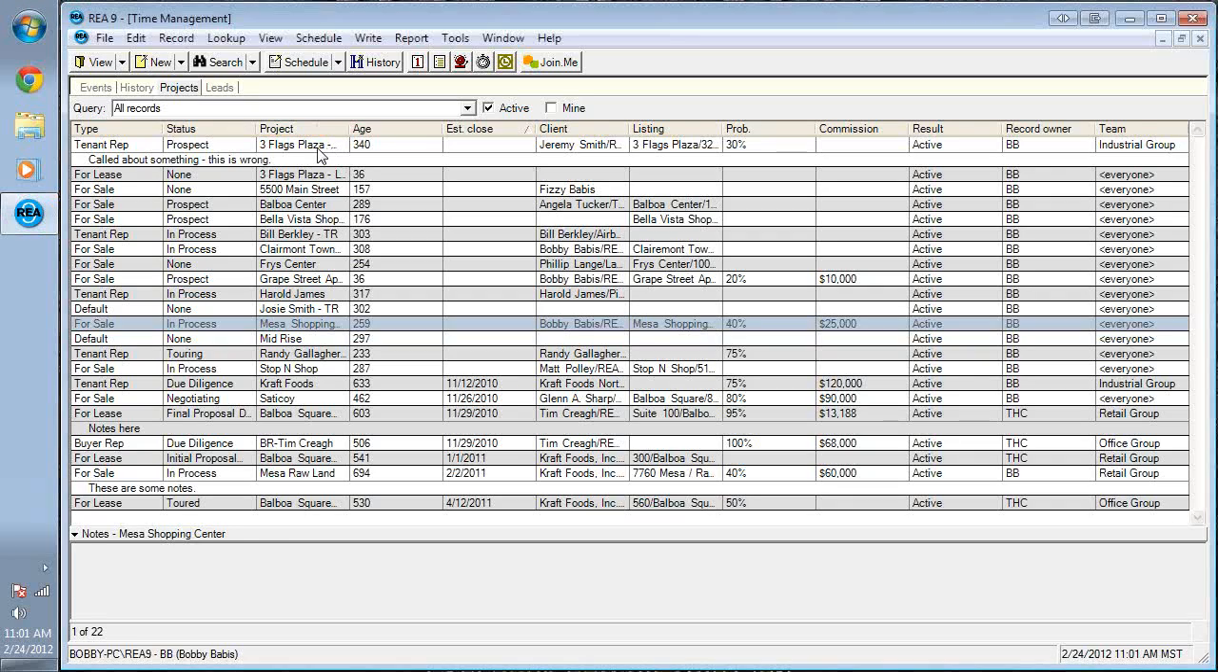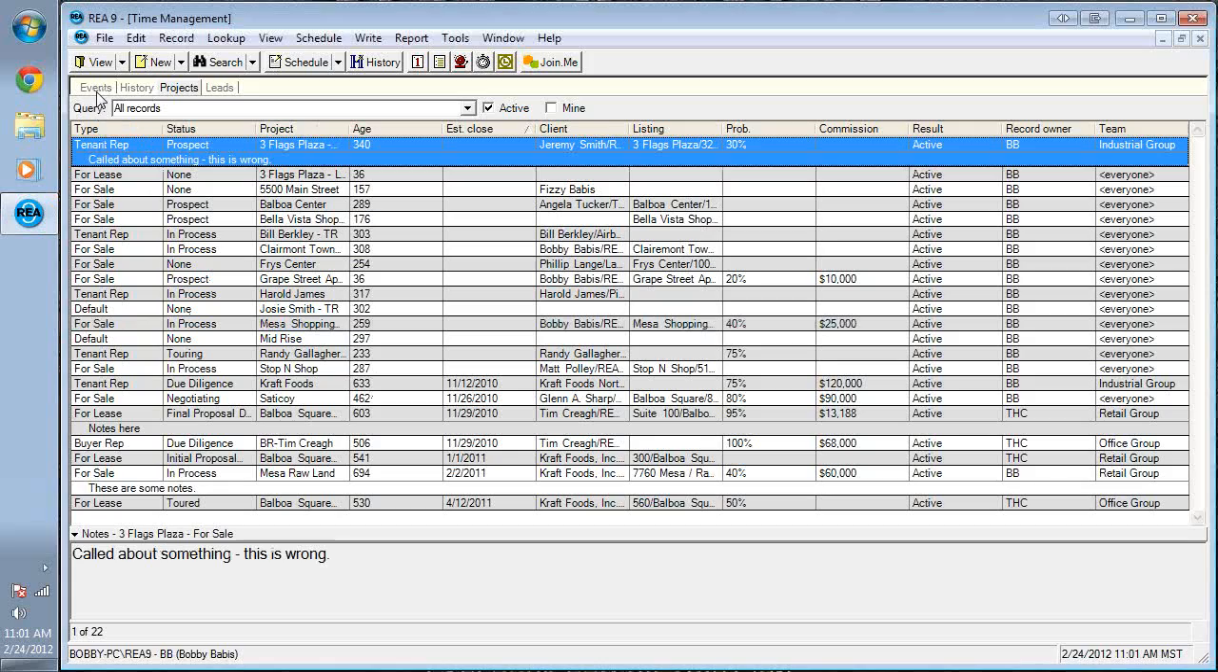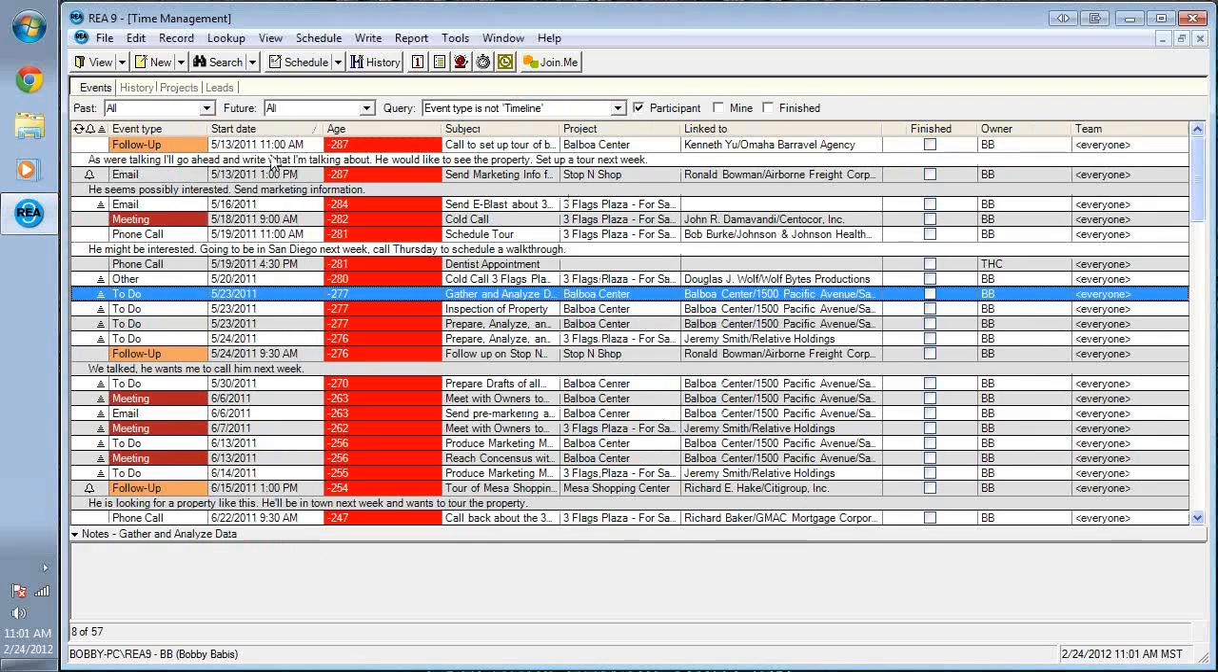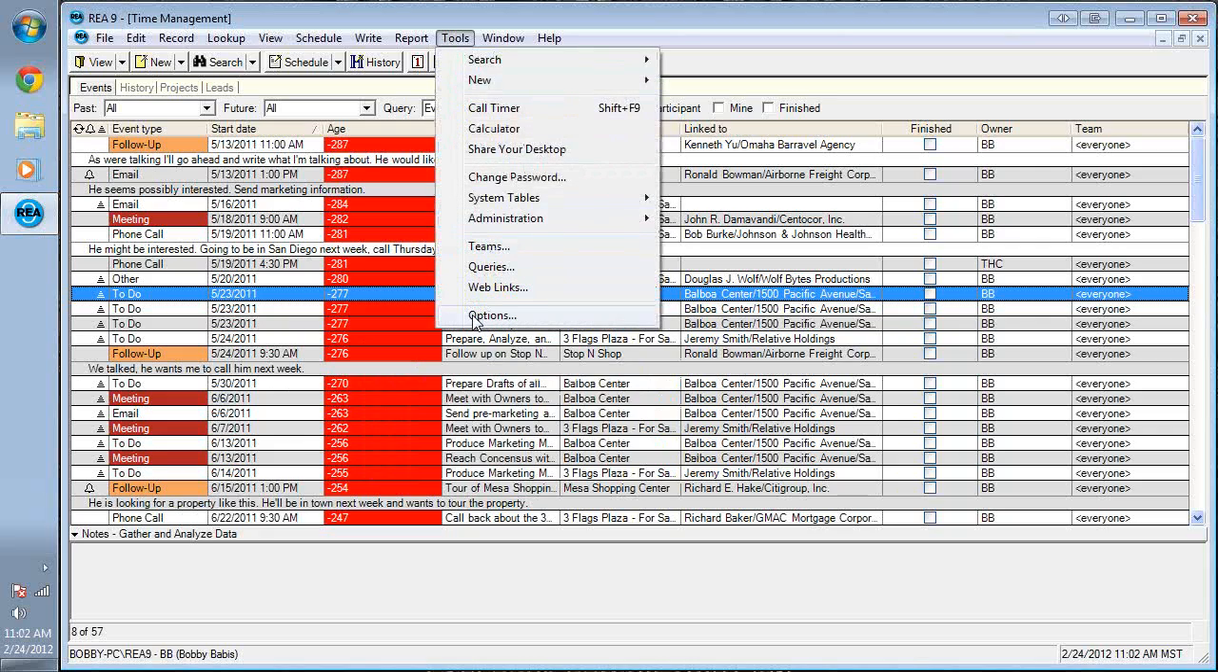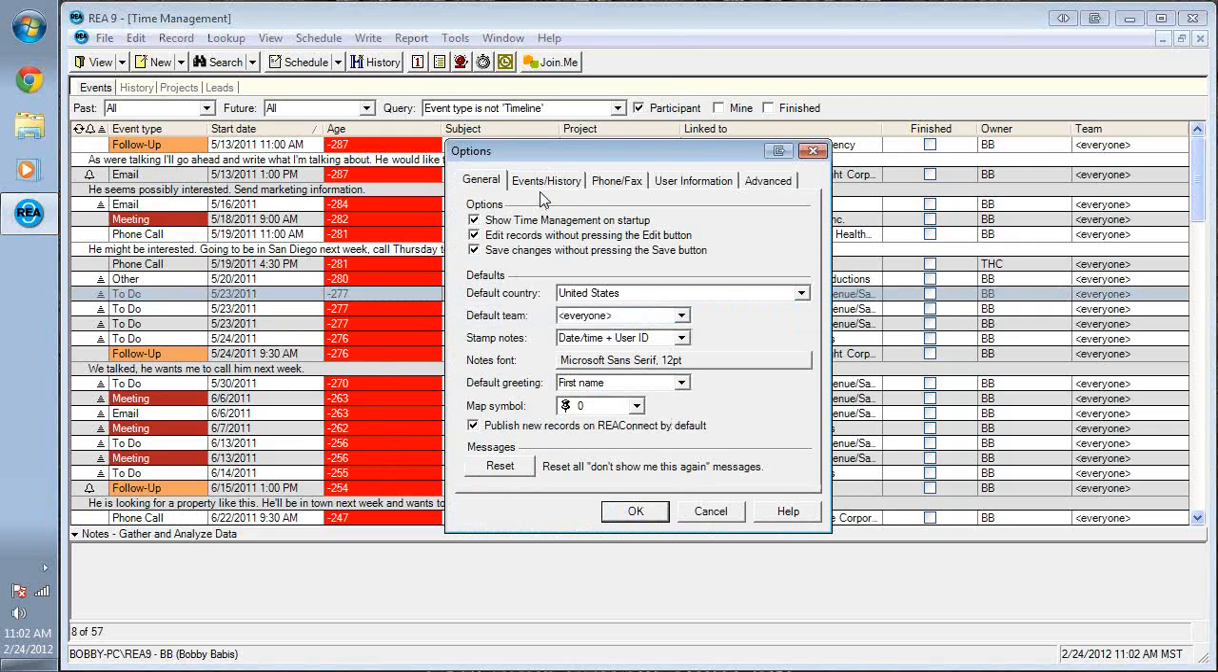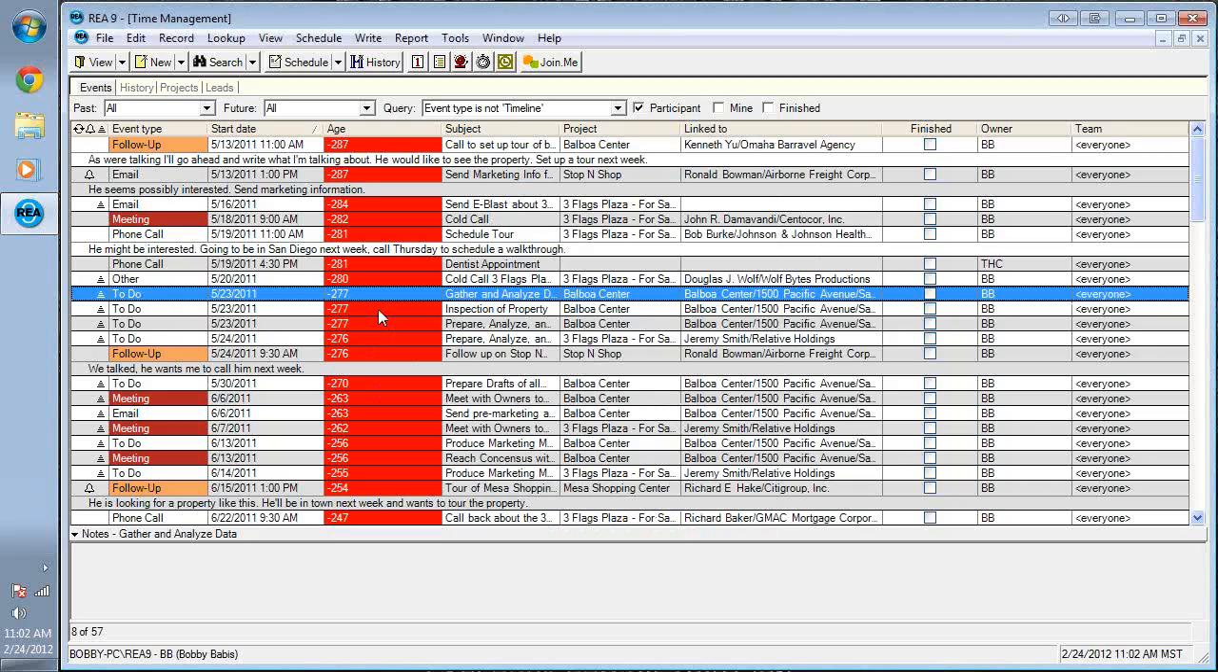So I have my time management screen open here, and you can set the time management screen to show up on startup if you don't have it set currently. That way the first thing you see whenever you start up REA in the morning is your current schedule, although if you'll notice mine's quite a bit backed up because I'm just using a demo database that I made last year around this time. So you can always change that option by going to Tools and Options, clicking on Show Time Management on Startup. That will make sure that whenever you open REA, this will be the first window